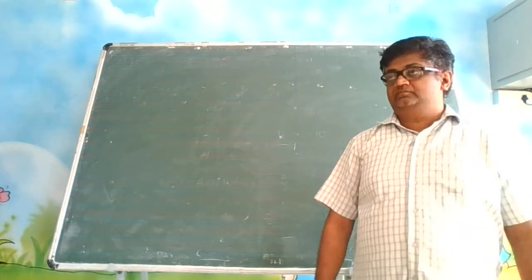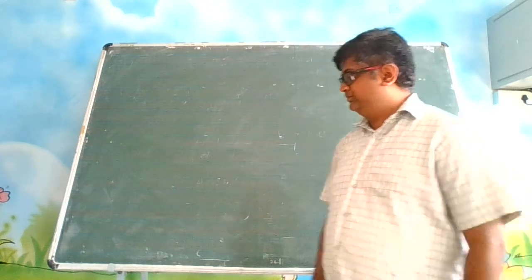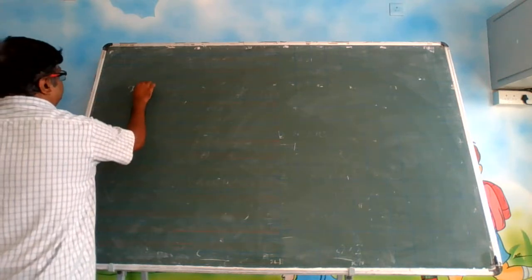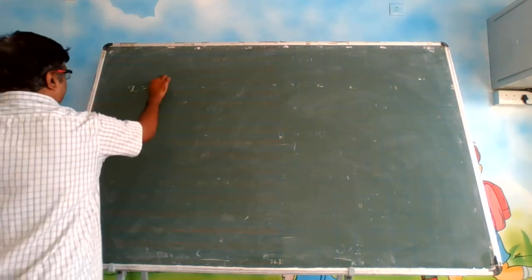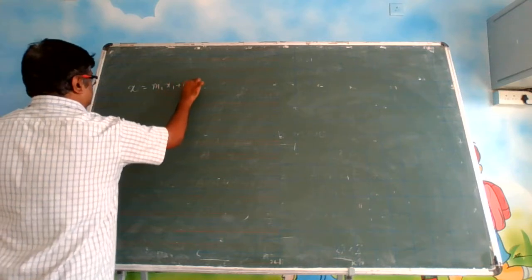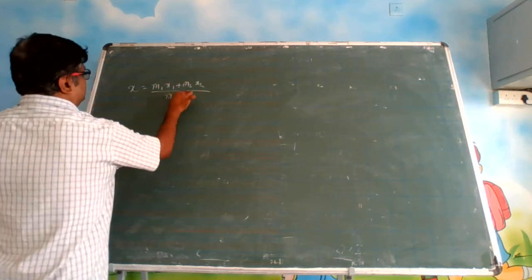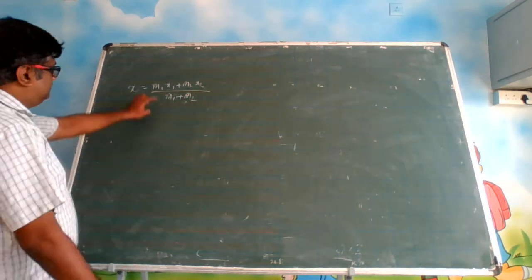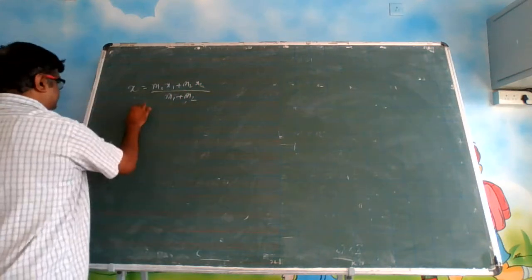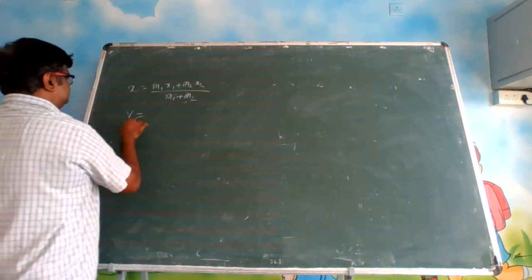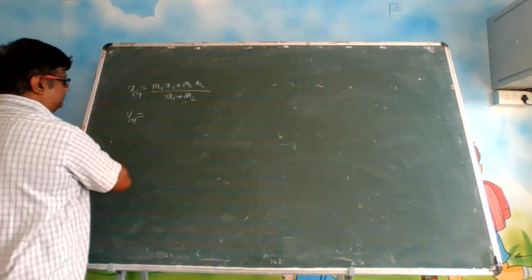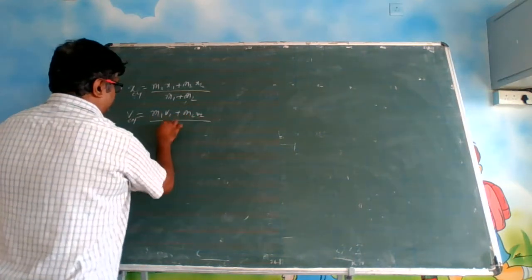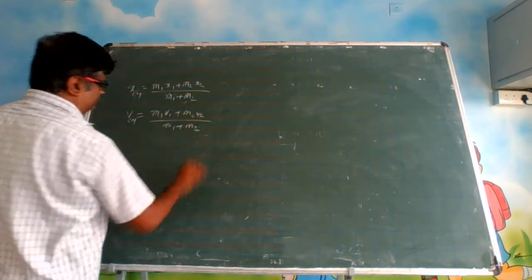Good morning, students. Today we are going to further our discussion about center of mass. The one basic formula we have seen is that the center of mass coordinate can be obtained by (m1 x1 + m2 x2)/(m1 + m2). This is what we have seen in our previous classes. Then we talked about velocity of center of mass. Differentiate both sides, and you get an expression for velocity of center of mass: (m1 v1 + m2 v2)/(m1 + m2). This is what I told you.